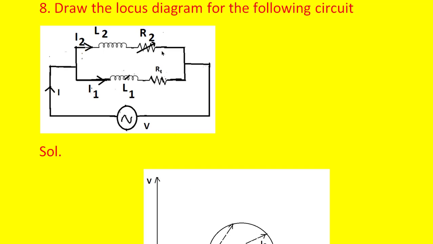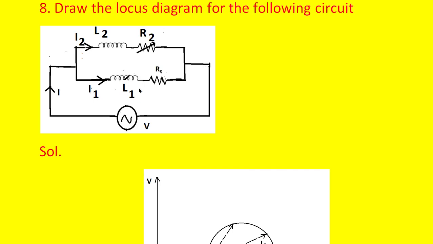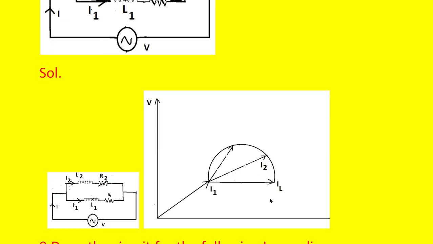Then you have another current called I2. To draw this, first of all we make the variable element value equal to 0. When the variable element value is 0, that is resistance is 0, then only inductance will be present in the circuit. The relation between voltage and the current flowing through the inductor is 90 degrees. That is, the voltage across the inductor leads the current by 90 degrees. Basing on that, we get the maximum current like this. So this is the voltage vector, whereas this is the current vector when the resistor is 0.